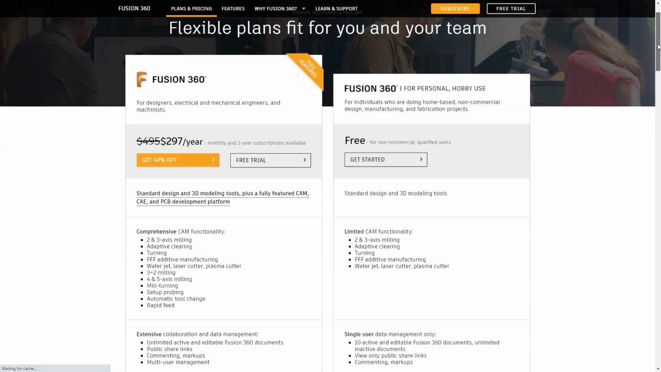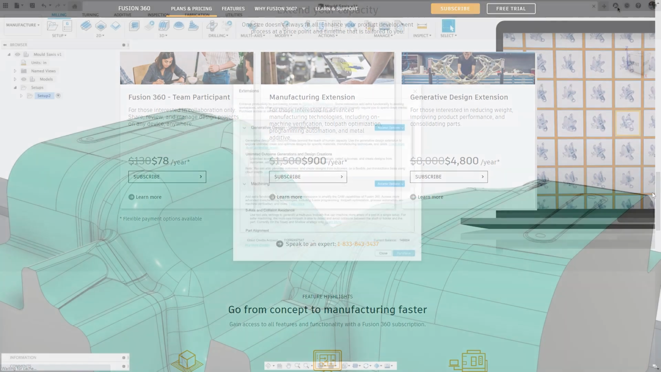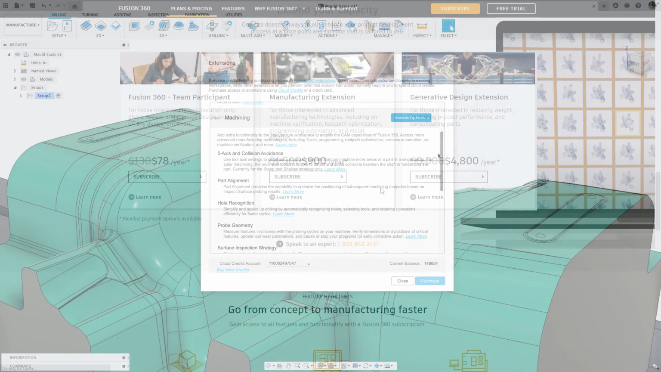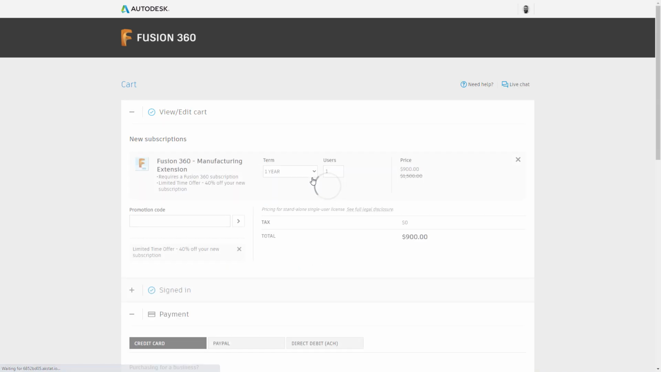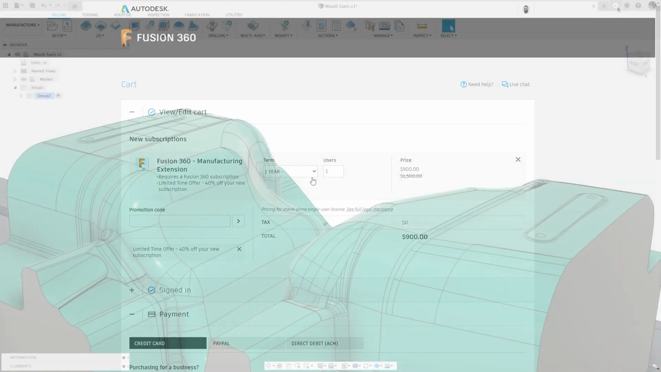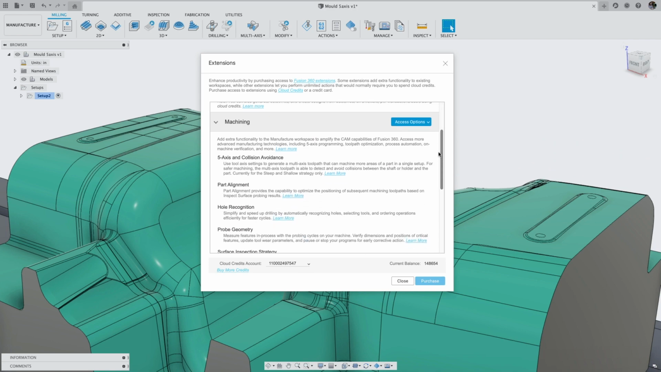Fusion 360 extension access is flexible. Each extension can be purchased individually or together, either inside Fusion 360 itself, via the eStore, or from your salesperson. eStore purchases can be made with a range of payment options, with an additional option to use Autodesk Cloud credits